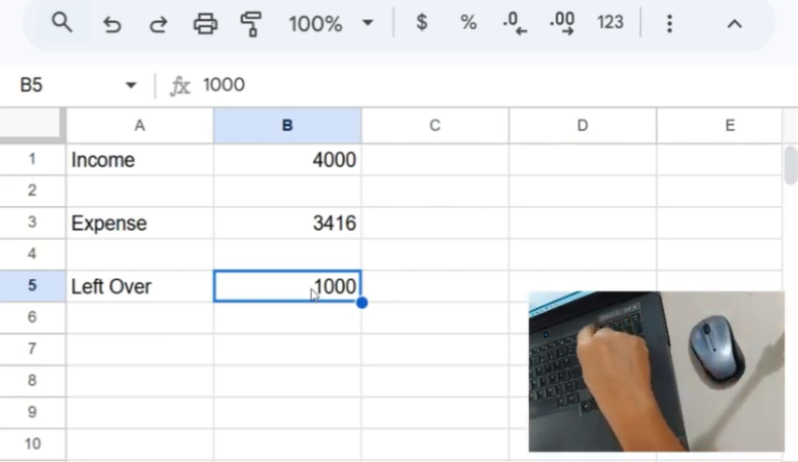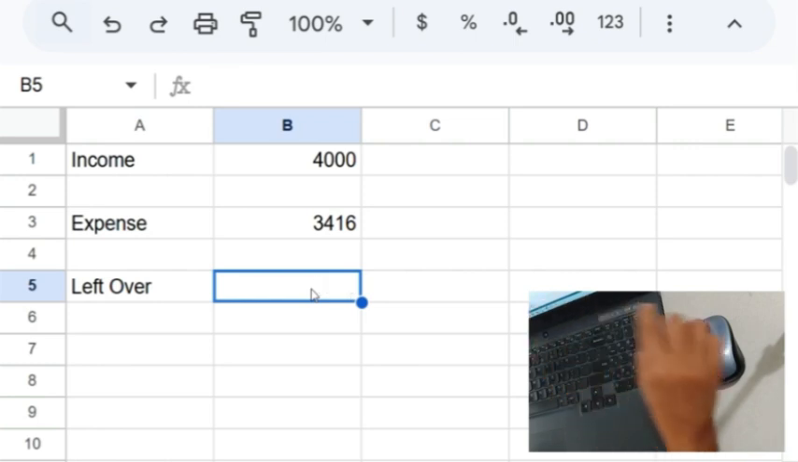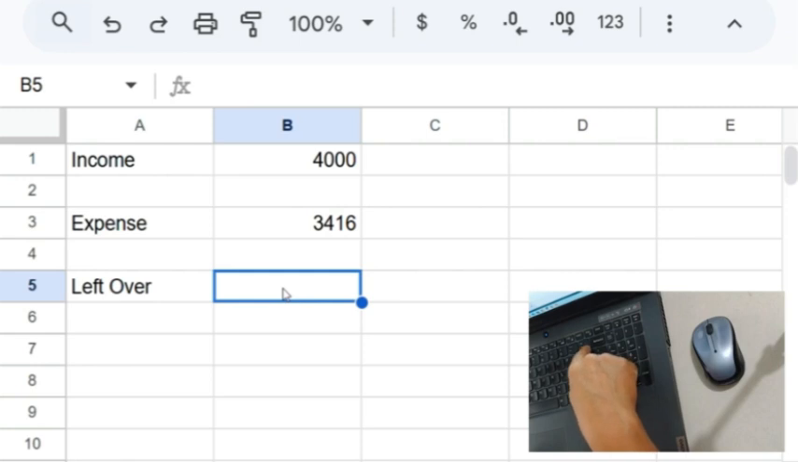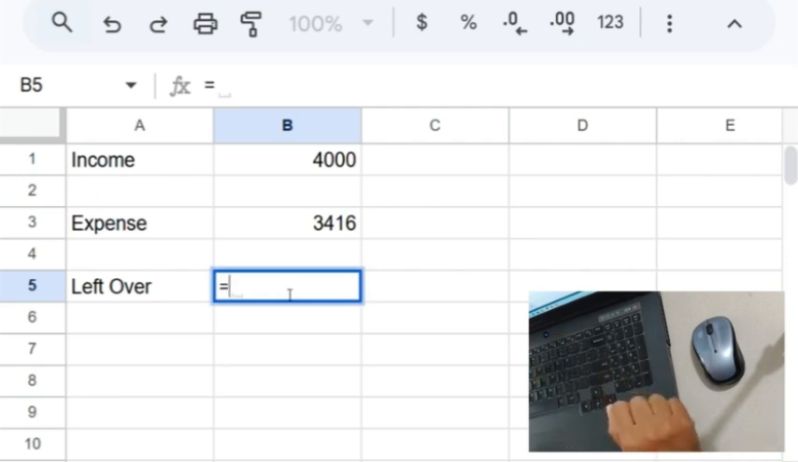I am going to hit the delete key, just to get rid of that number so it's not confusing what we're doing. So the formula we're going to type: on the keyboard, find the key with the equal sign, it's next to the backspace, and type equal. Next to that, we're going to type in our income number,